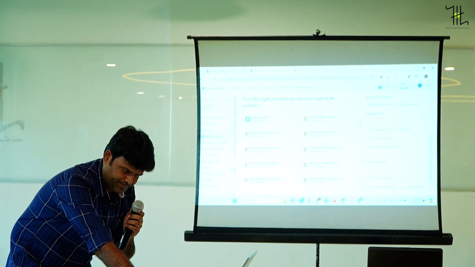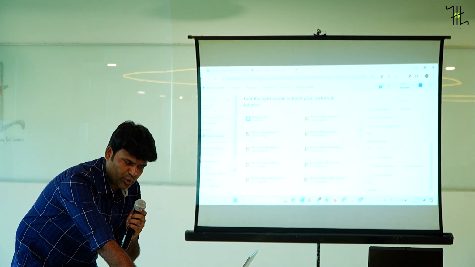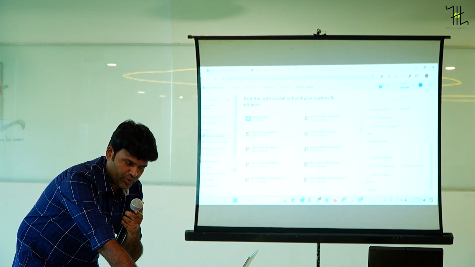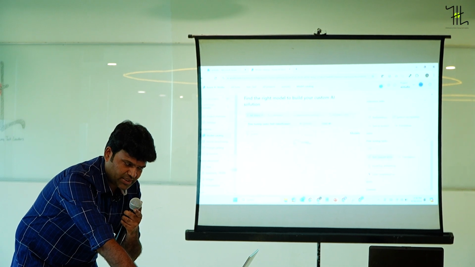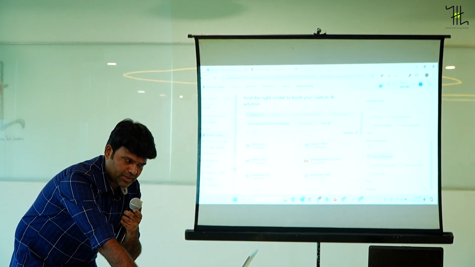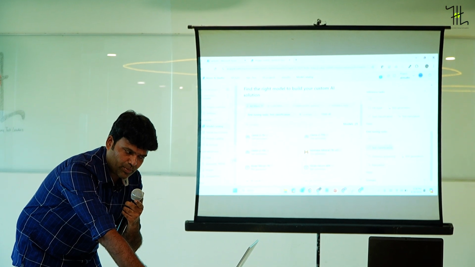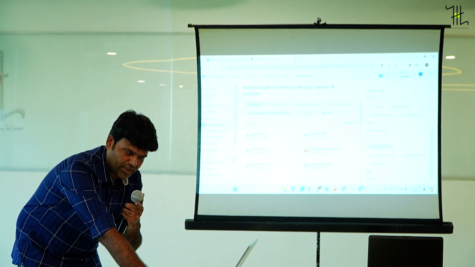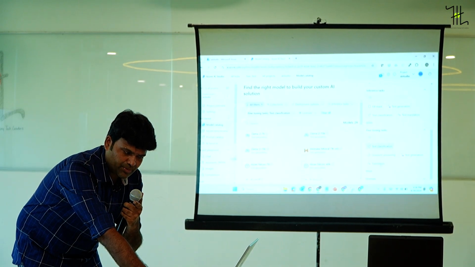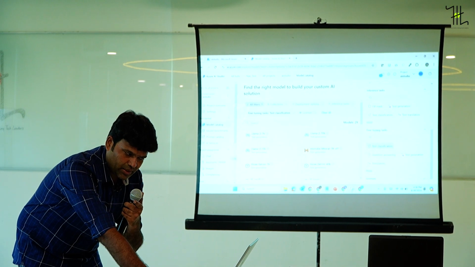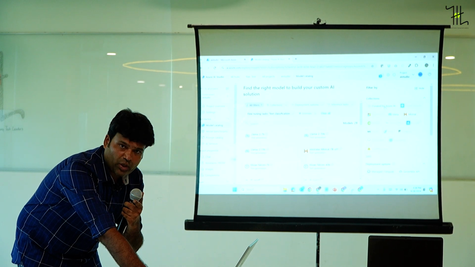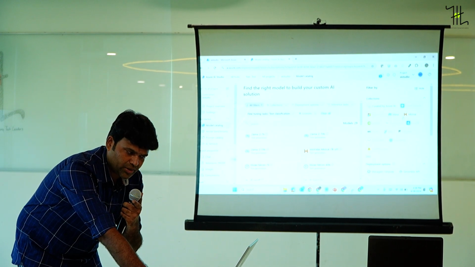Okay, and I mentioned that if you want to use some of your own data, in that scenario you have to do the fine tuning. For that, only certain models support it. For example, a model supporting text may not be a fine tuned model. So if you want to know that, you can pick the model accordingly. Or if your use case is some translation or some Q&A, you can pick the model based on this. Okay, and also if you want to pick specifically based on the providers, you can. So this is one thing.